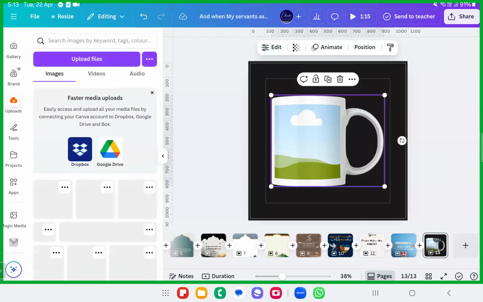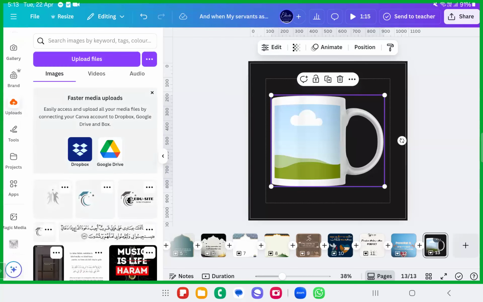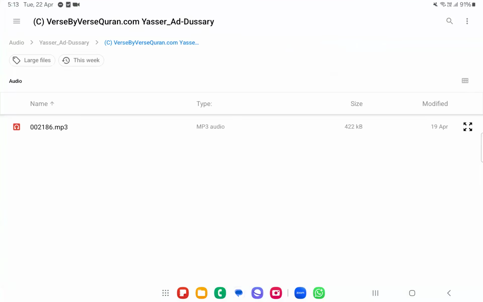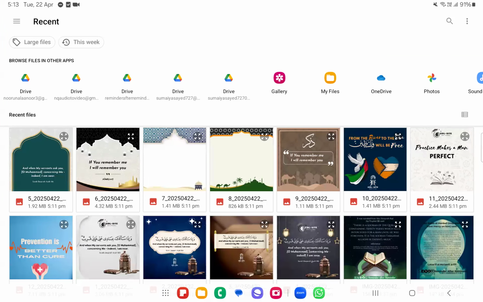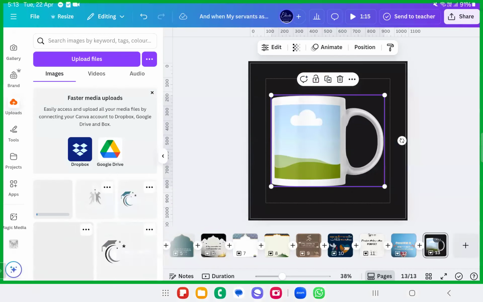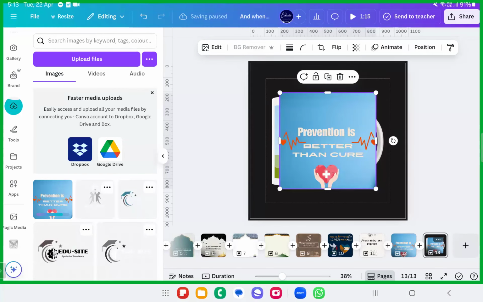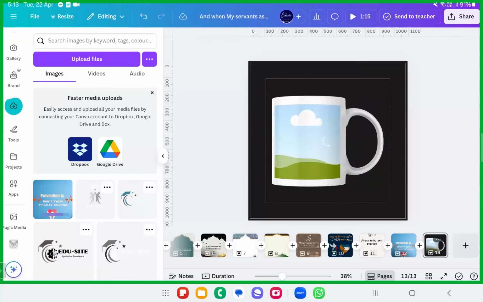Go to the uploads or go to the gallery. Okay. If you are with the laptop, go to the uploads and upload the file, whatever codes you have generated recently. You can just go ahead with that. For example, these were the codes that were inserted. So what I'll do, prevention is better than cure. I'll add this quote over here. Okay, just upload the code and get it from Canva. It will be over here, and put it up here. You just have to drag it towards this green and blue image. Within seconds, this photo will take the shape of this cup, this mug.